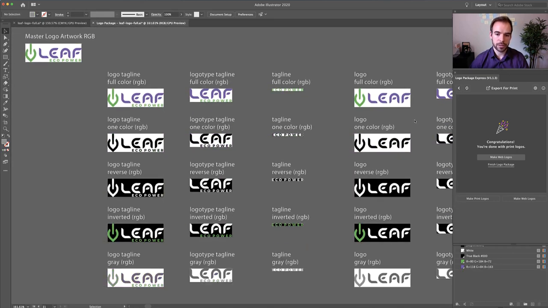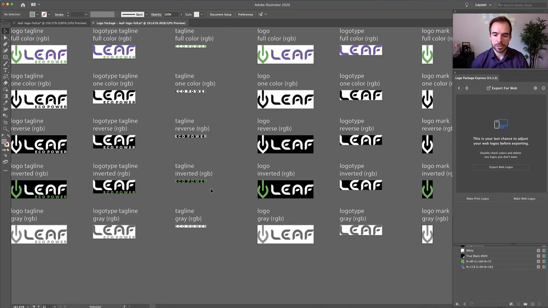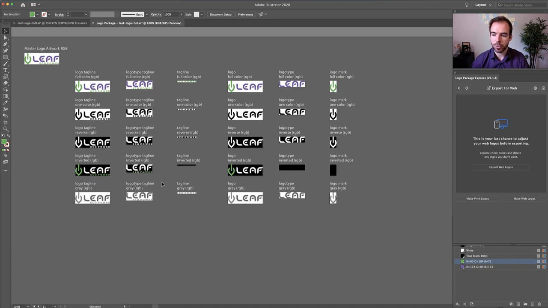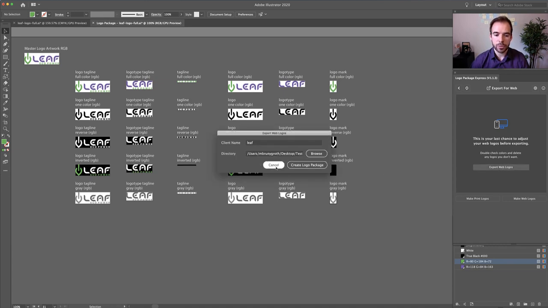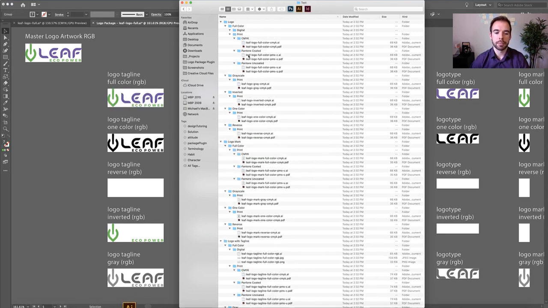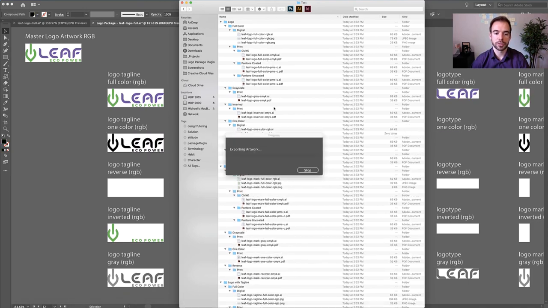And the only difference visually here is that there are no Pantone options anymore. That's because we don't really need Pantone colors for the web. And again, I will delete those redundant logos that I don't need to include in my package. And now it's a simple matter of exporting the web logos. And I will use the same client name, and I'll use the same directory that I saved to before. Then create logo package. And now you'll see that there are, in addition to these print folders throughout, there's going to now be a digital folder that gets added